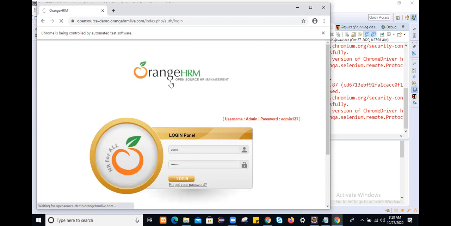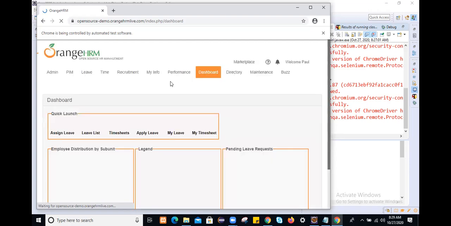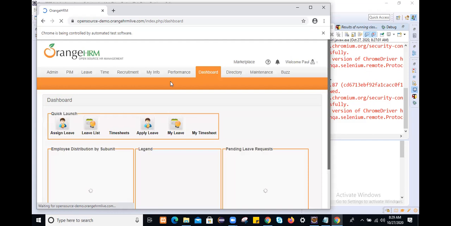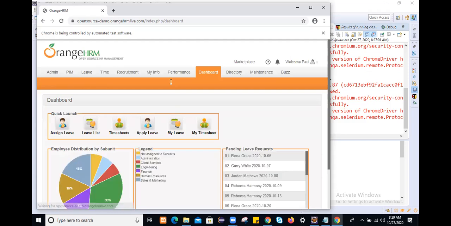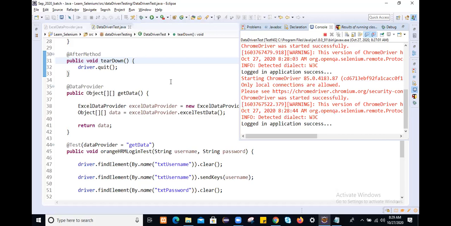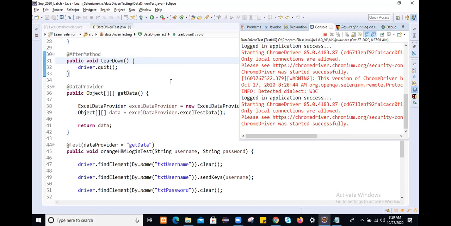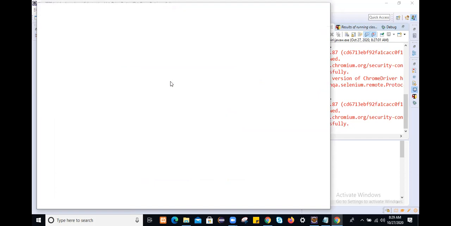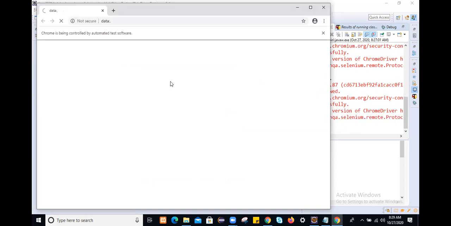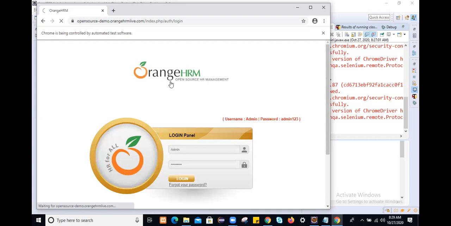So this is invalid test data. Admin is not the correct password, but still it is recognizing the small a. What is the username? Capital A and then admin. But we are passing small a admin, and still it is recognizing that as a valid username. This application is just for practice purposes, so actually for those credentials it should not log in. Here we passed an invalid username, that's why we couldn't log in to the application.